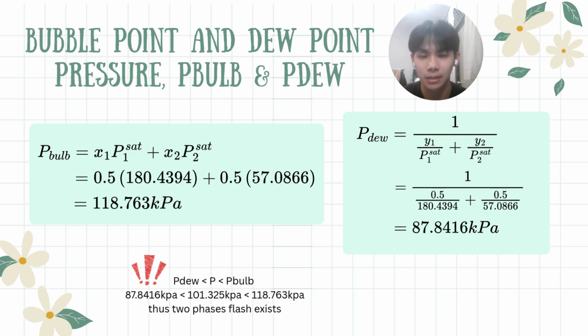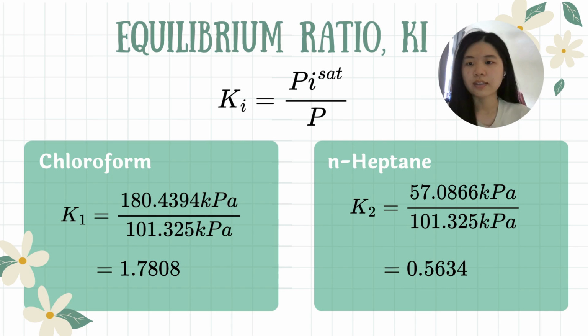is equal to 87.8416 kilopascal. Since the pressure we chose, 101.325 kilopascal, is in between the dew point pressure and the bubble point pressure, therefore a two-phase flash exists. Next, we are going to calculate the equilibrium ratio Ki by using the equation Pi saturation